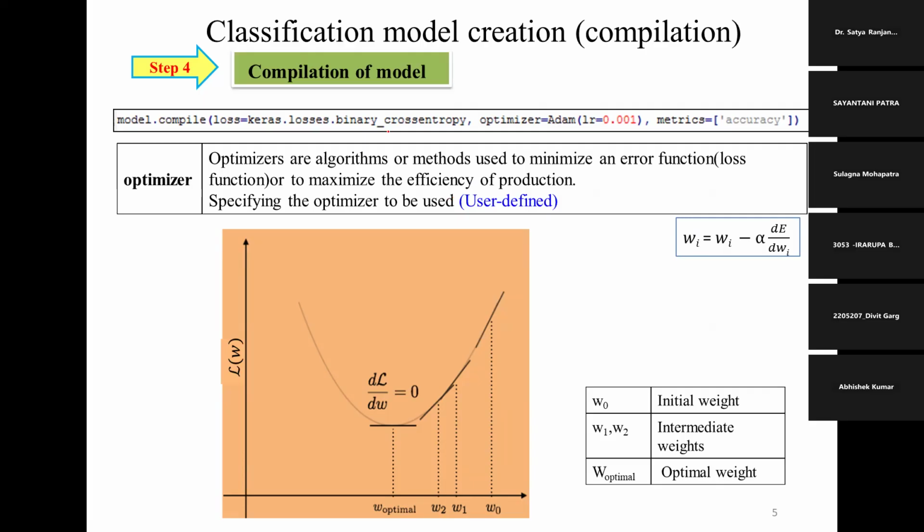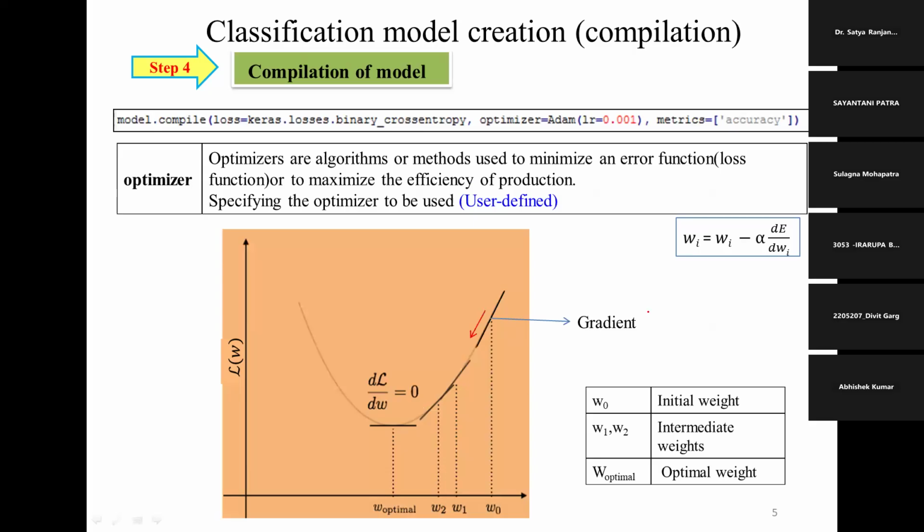The loss function will give us the loss. So after getting the loss, somebody or something is there which can minimize the loss and optimize the problem. That's why we are using the optimizer. The role of the optimizer is that our aim is always to reach the minimum. Minimum means where our loss is zero. Zero means 100% accuracy. So dL/dW, the derivative of loss, is equal to zero.